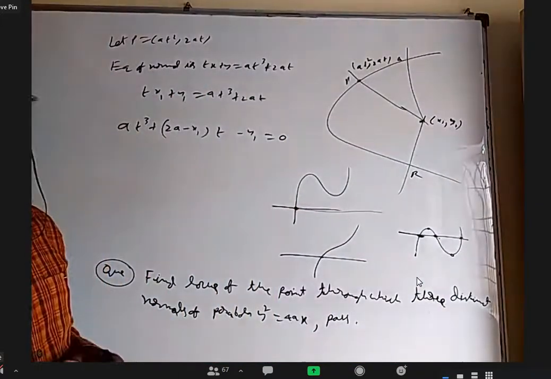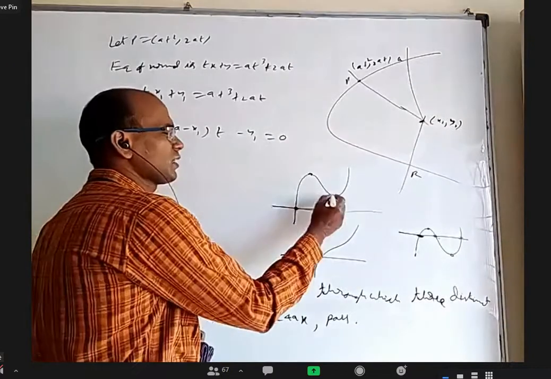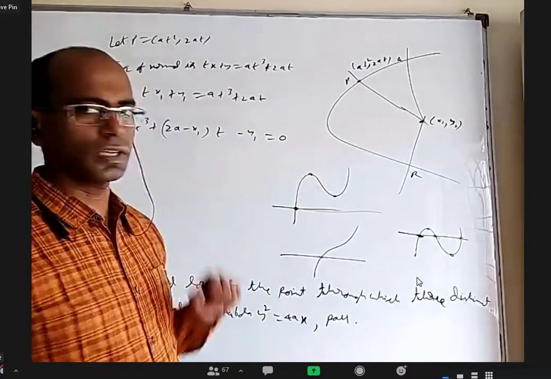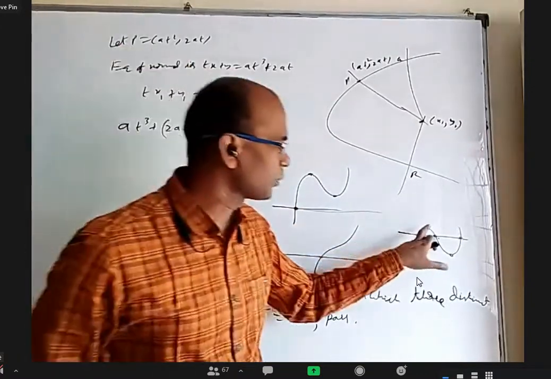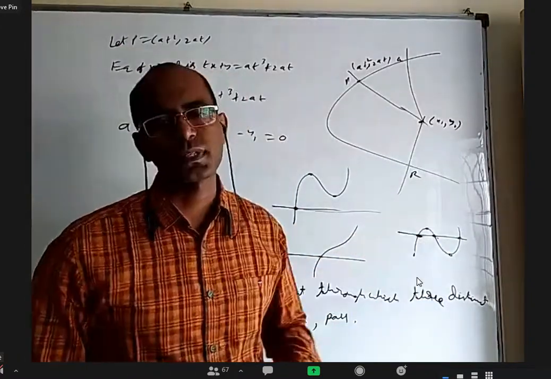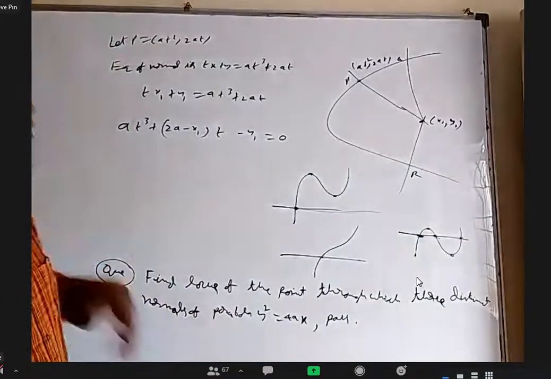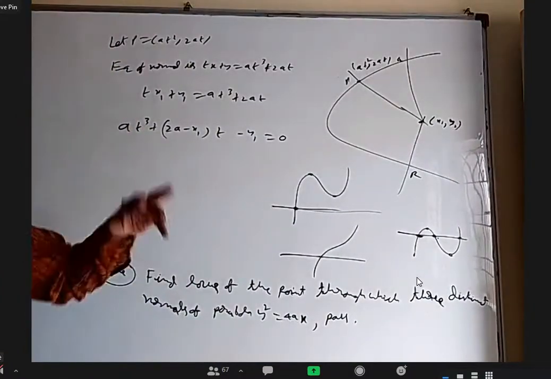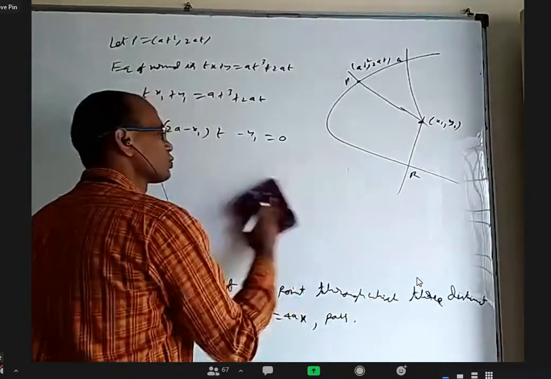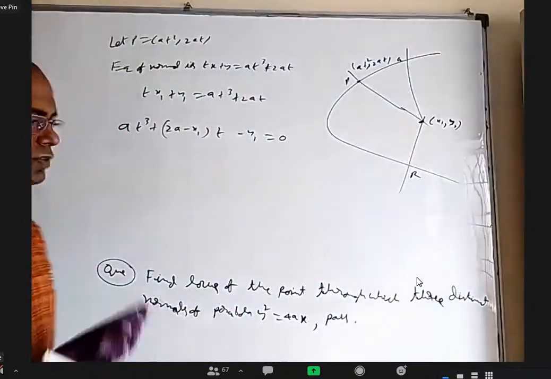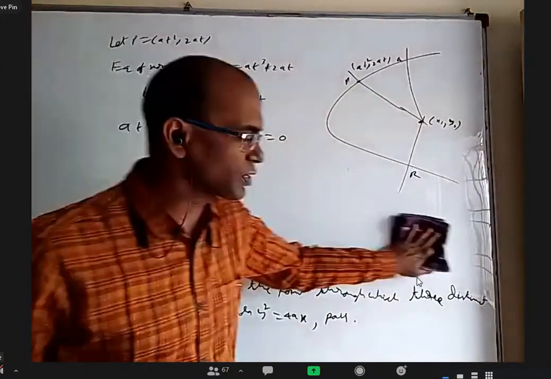That's the first condition. But that is not sufficient because even here the derivative has two roots. Here also the derivative is 0, here also the derivative is 0. But here both local maximum and local minimum are positive. Here the local maximum and local minimum are of opposite sign. So the derivative should have two roots. When you substitute them back in this, you will get two values. They should have opposite sign. f of alpha into f of beta should be less than 0. Now some of you remember that sir discussed this last year?